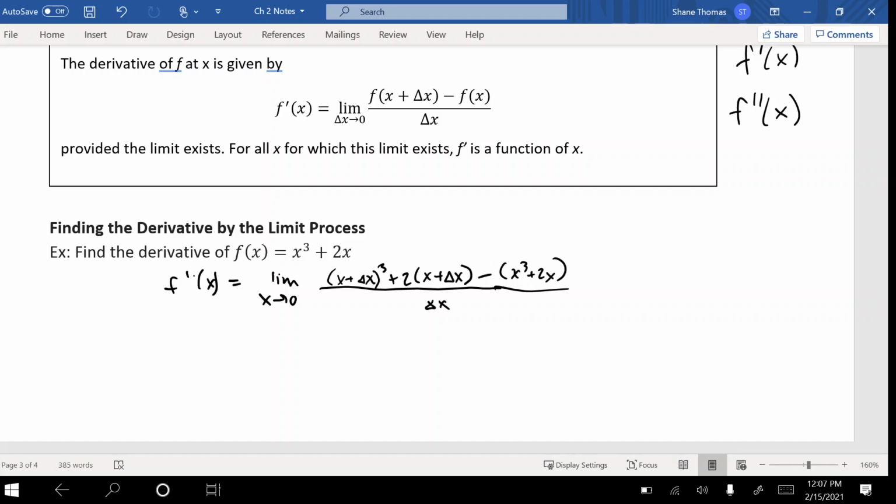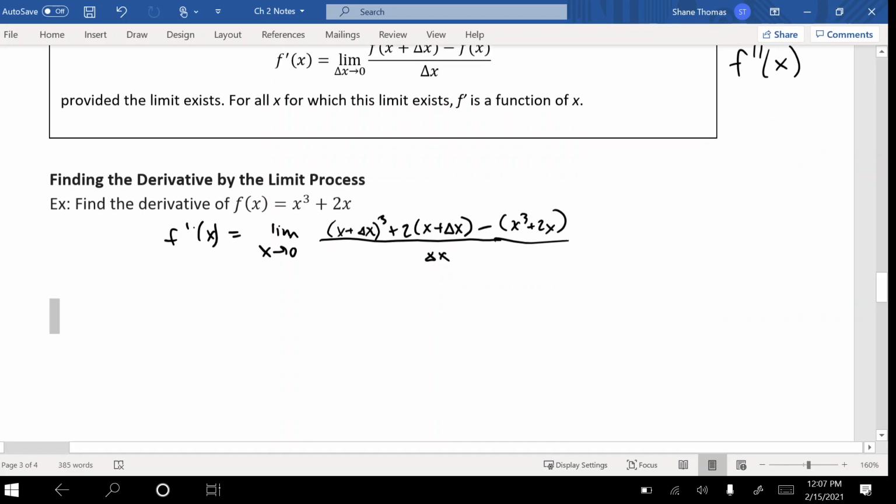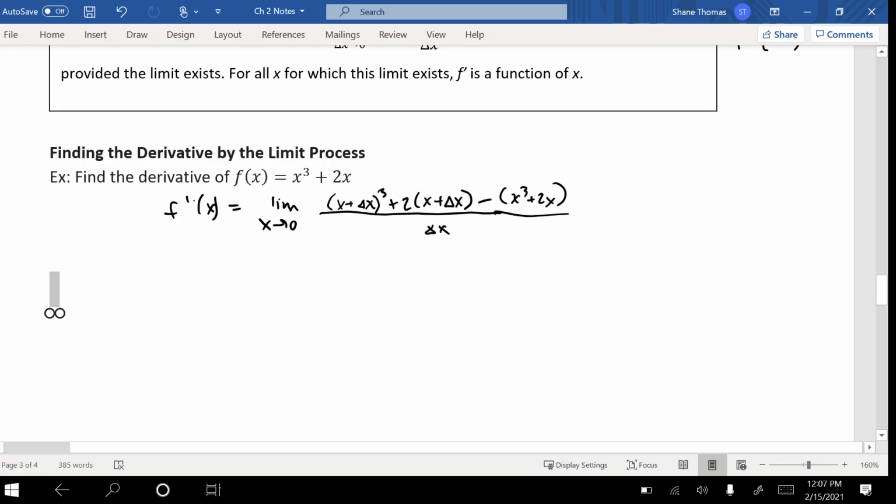Now I need to start simplifying here, because chances are I'm going to have to factor some stuff out, cancel some stuff out, those types of things. So let's go ahead and simplify that first, the cube. If I simplify the cube,